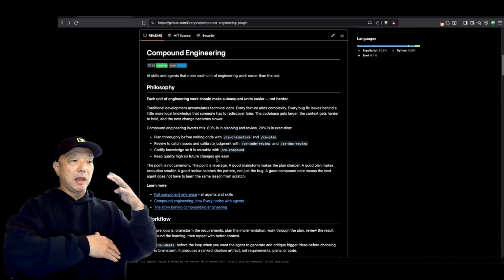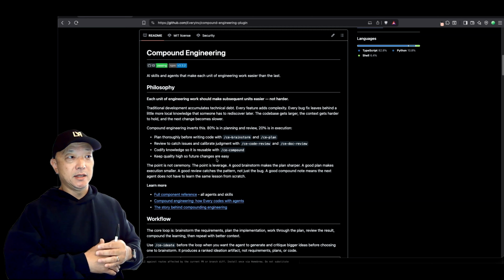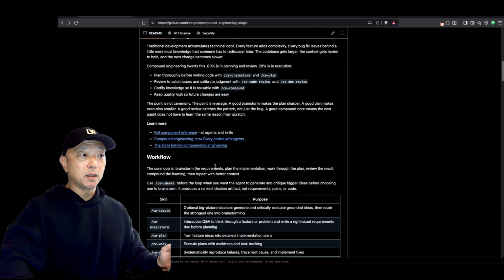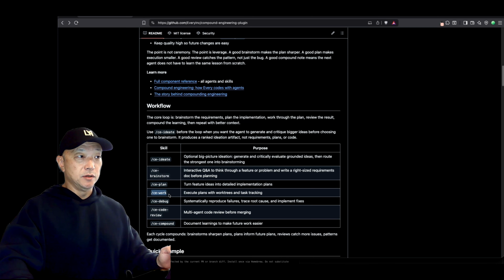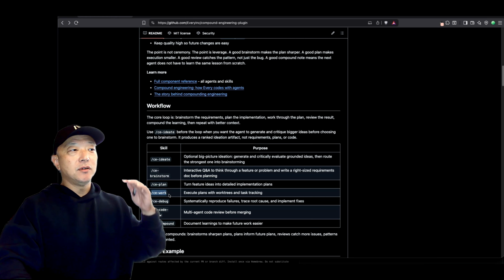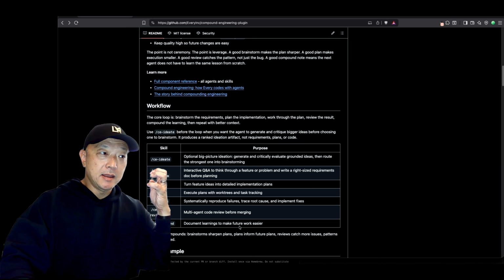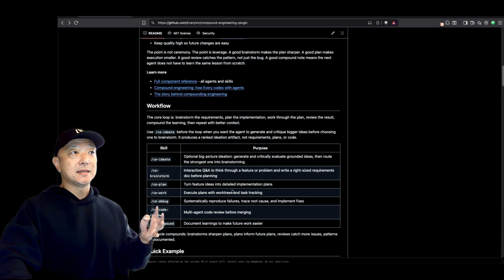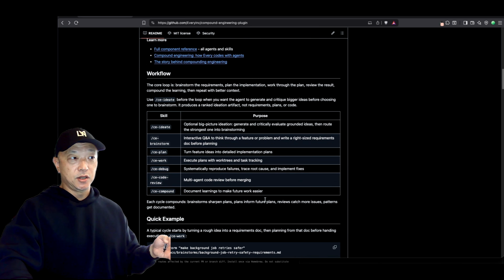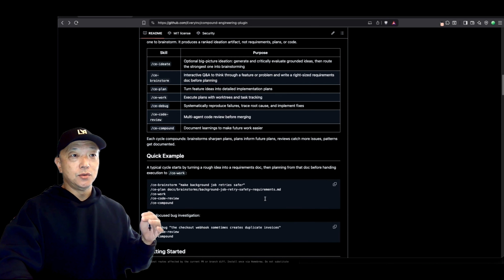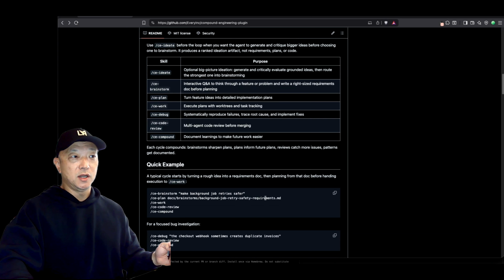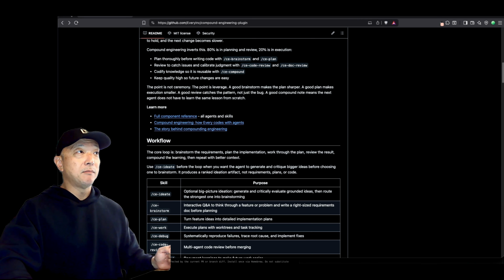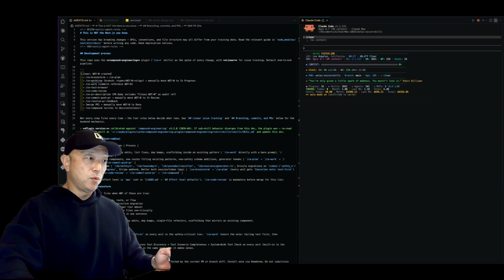After every session where it executes some work, and CE-work is the main one that you would use, after it's done working and has finished all the work, it will actually document some of the findings and learnings from that task list or that plan that it just executed and add that to your docs folder inside of your project. This is something that I'm currently using and I'm really excited about and happy with what the results